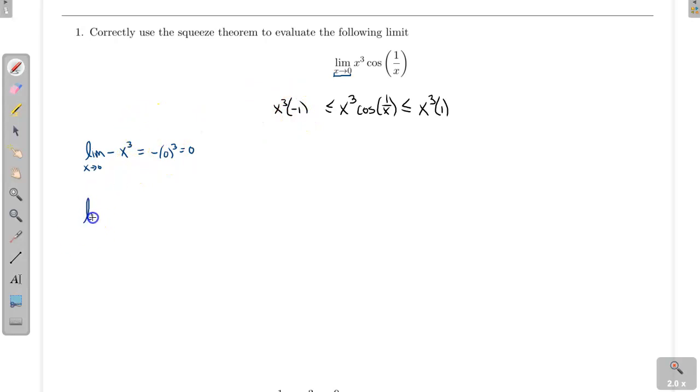My other one, just x cubed, again, it's just a polynomial, so I can just plug in the number. I also get 0. That's exactly what I want in the squeeze theorem. I want a function below and a function above that are squeezing together to the same number. So now I can say, by the squeeze theorem,